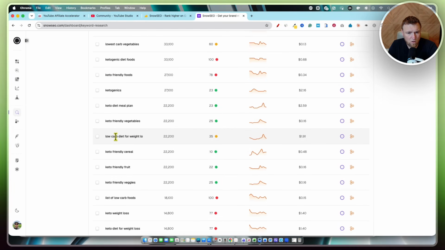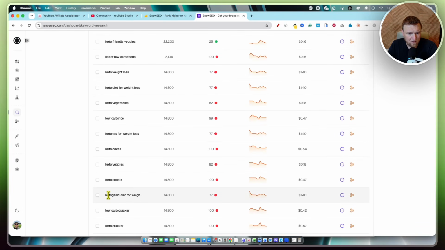keyword perspective? Low carb diet for weight, I don't know what that is, or where's the keyword right here? I can't click on anything and I don't know what else is going on right here with the 3 dots right there. So a little interesting, like right here, ketogenic diet for weight something. I don't know what this is. There's 14,800. So let's go and see if I can go like this and copy that and then go into